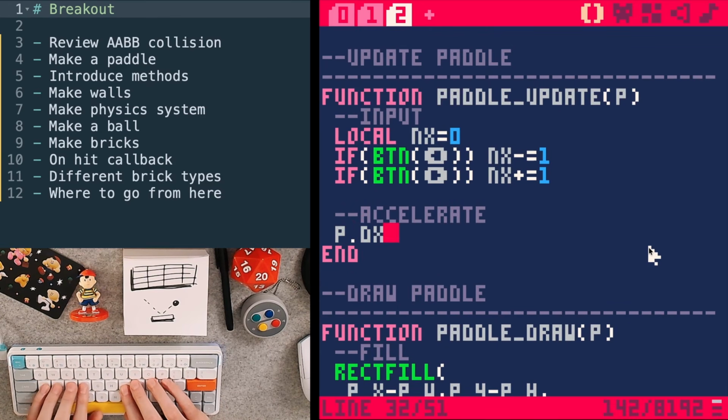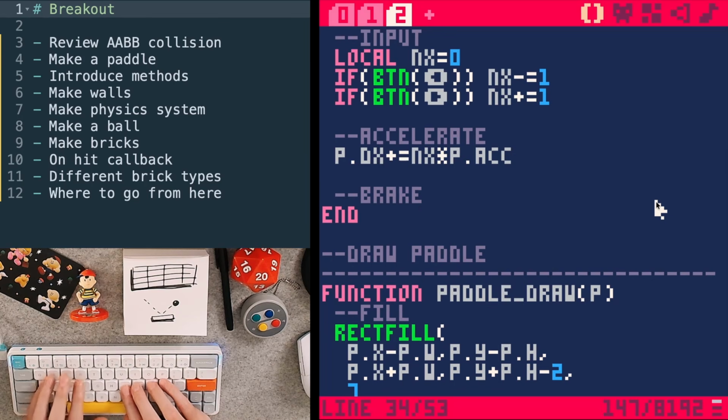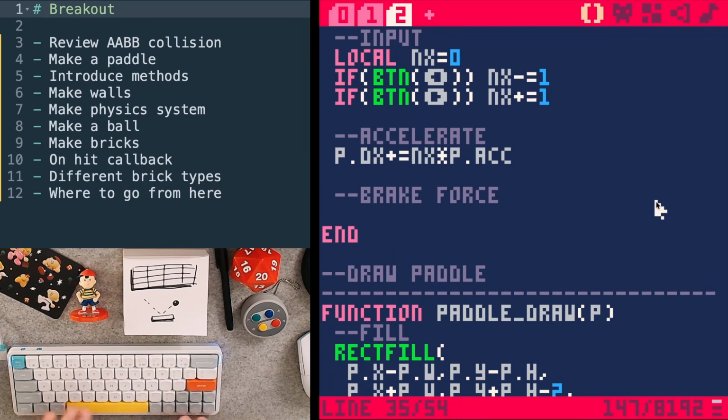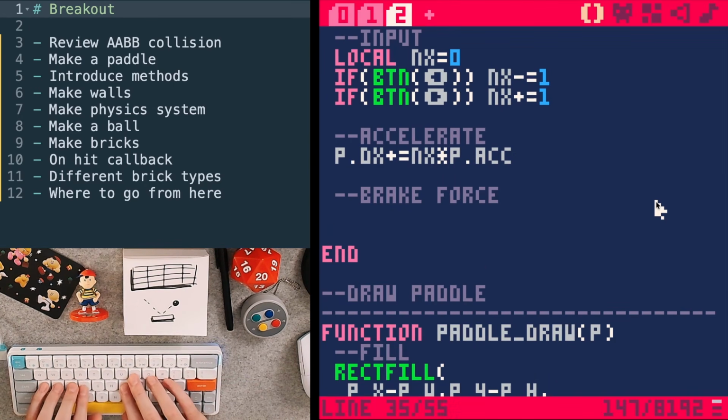So take our x velocity and add that input times the acceleration. If we're doing input that's the opposite of the direction the paddle's moving in, we want to apply that braking force. So we're going to do if